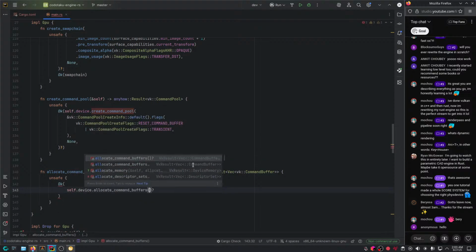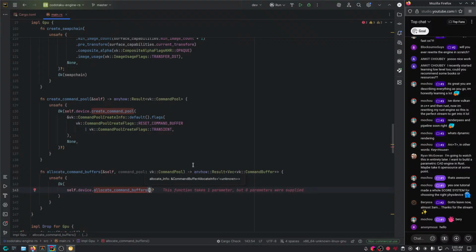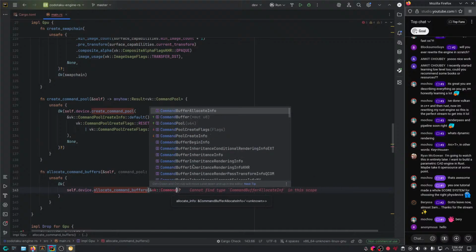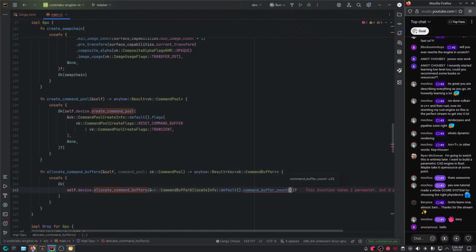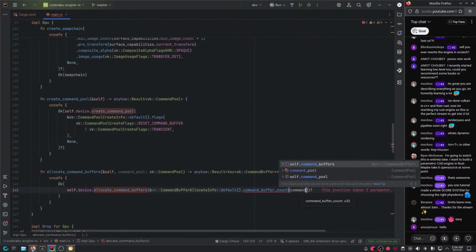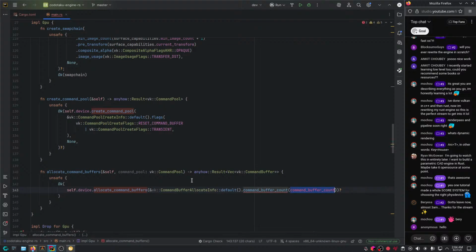self.device.allocate_command_buffers, vk command buffer allocate info. There we go. Default. Oh wait, what the heck? Command buffer allocate info default dot command buffer count, and this is where the command buffer count goes. So this we're gonna take from the user though.